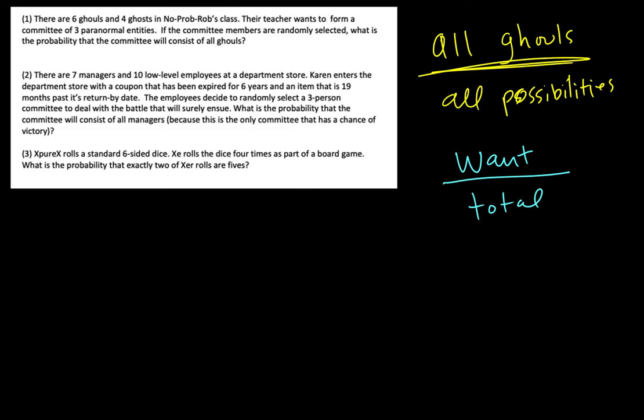And so there are 6 ghouls, and we were choosing 3. So we're going to do a 6C3 for the top. And then we're going to do all possibilities. So there's 6 and 4, so there's a total of 10, and we're still only choosing 3. Okay? So let's find the 6C3,